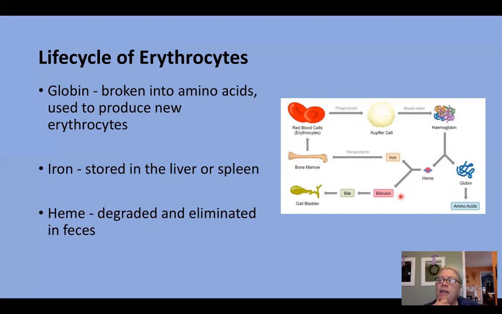And bilirubin then is going to be converted to bile. And you may have heard of bile. Bile is produced in the liver and it's stored in the gallbladder, and it's used for the digestion of fats. The heme is reused to produce bile, and the bile is used to digest fats. But the bile helps digest fats, but it does pass through the digestive system, and the bile is then converted